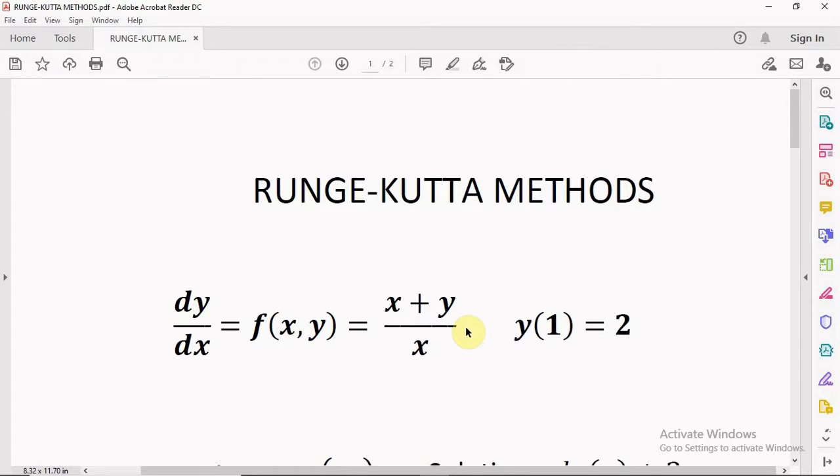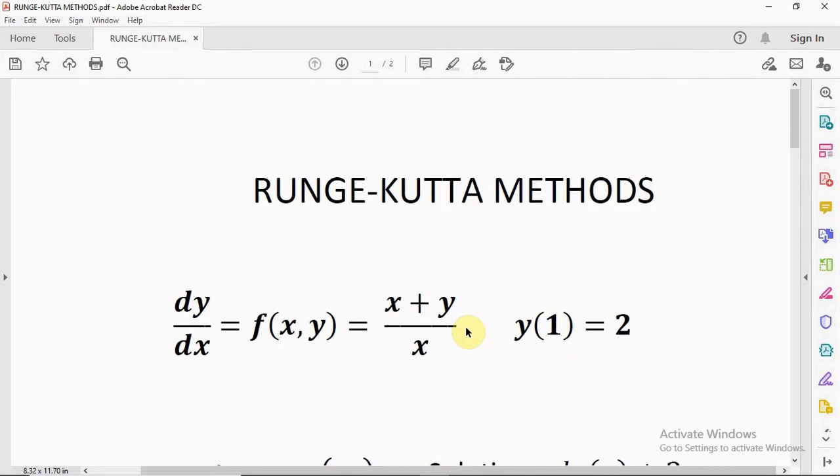To solve differential equations numerically, Euler's method can be used. But the problem with Euler's method is that we have to use a small step size to get a reasonably accurate result, and so it is not very efficient. In this presentation, we will see how Runge-Kutta methods can be used to obtain good accuracy without reducing the step size. So Runge-Kutta method is an effective and widely used method for solving the initial value problems of differential equations.